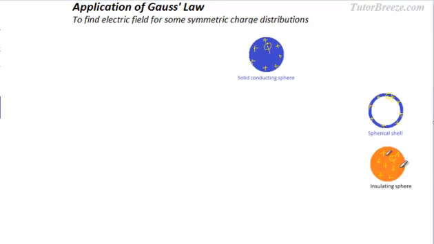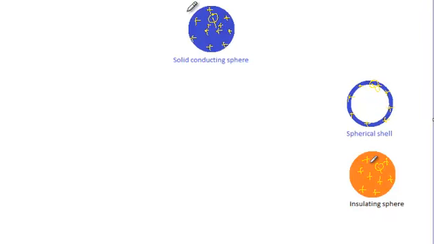Now, you must be wondering, why is this the case? See, in case of a conductor, the charges, if you place them inside over here, they're going to repel each other. And they're going to move as far away as possible. They obviously can't fly off the surface. So the furthest they can move is to the surface of the conductor. So the charges in case of a conductor will reside at the surface of the conductor, whereas in case of an insulator, they can be present inside the volume of the insulator.